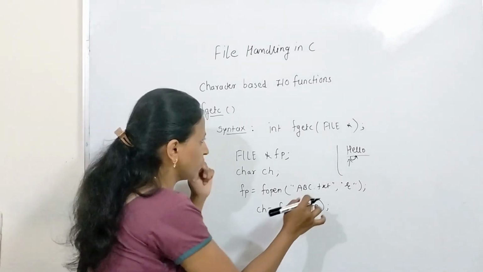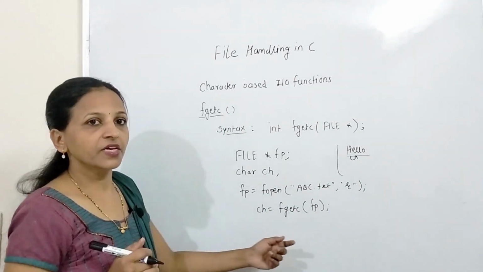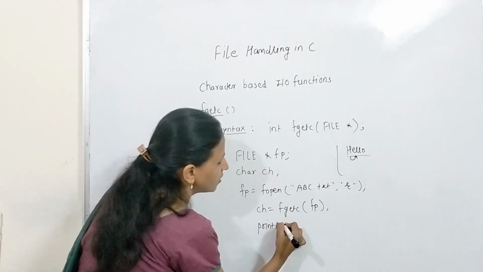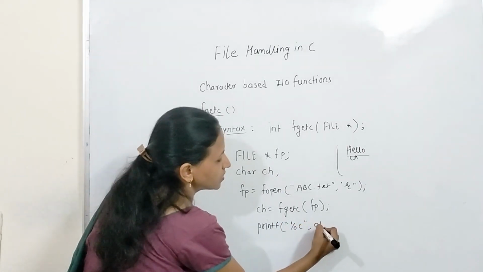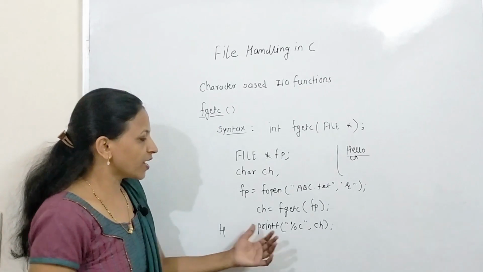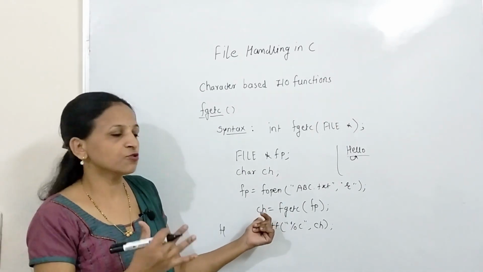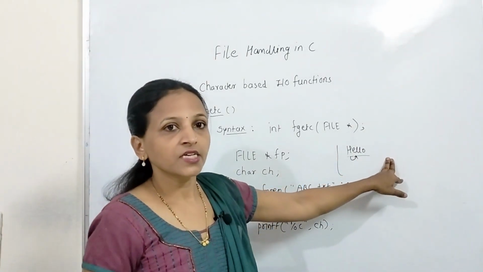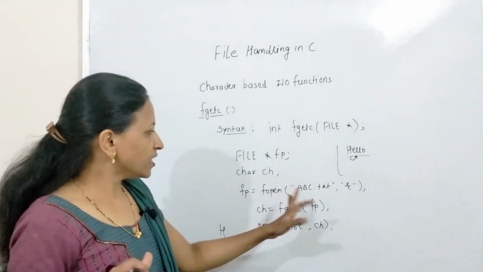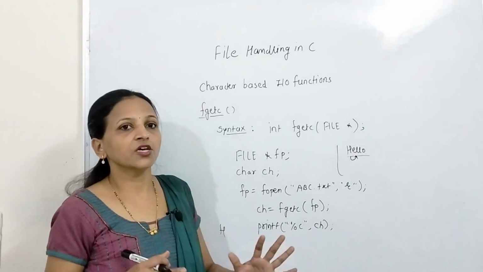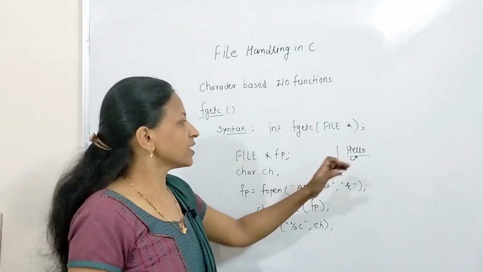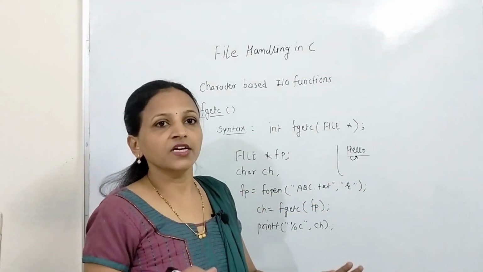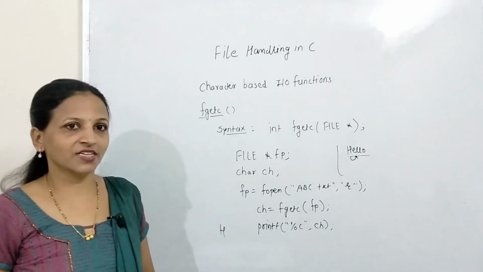Getting? Now what it will do, it will read that h that will be stored inside this ch. Now we can display that ch with the help of printf, like printf %c comma ch. Here we will get h displayed. Now again suppose we are doing same task like ch is equals to fgetc fp, then we will get this e character, again l, l, o, and at the end there is always EOF character. At the end this fgetc function will return EOF. But until we are getting that EOF character, we can read from file, so that we will get the whole file displayed over here onto the output screen.